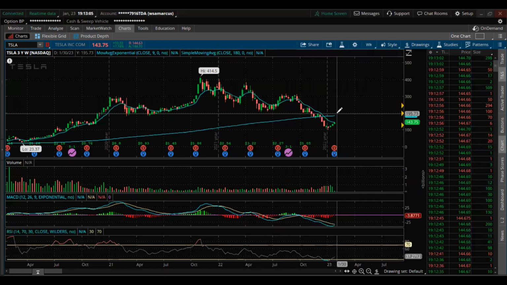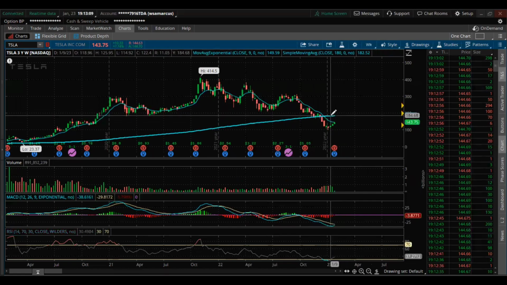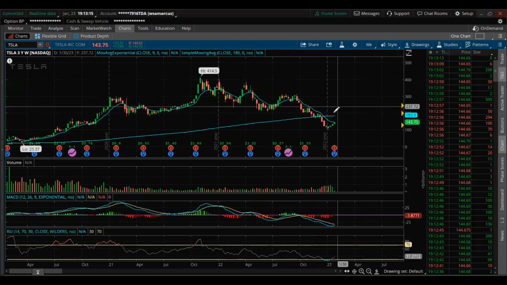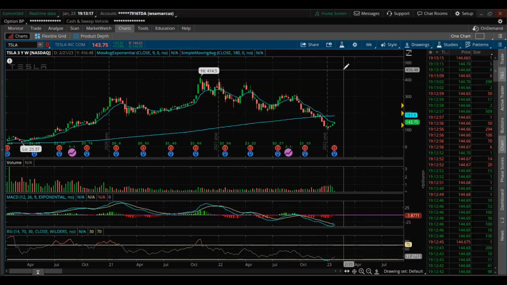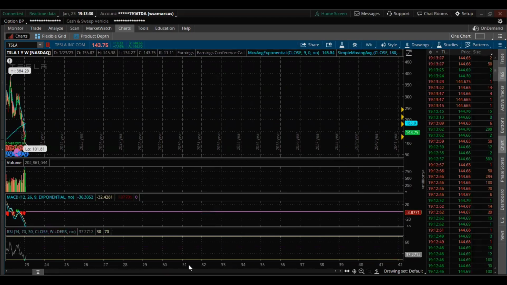Me, I don't know. When I'm trading, I don't like too many walls ahead of me. 148 to that 184, that is a beautiful move right there. You could sell it right there, or you could follow it with a stop loss and hold it for possible new highs, right? So if you're looking for long-term swings, you could look at the 3 year. If you're looking for a little bit more of a short-term swing, you could look at the 1 year, right? I like to look at either the 1 year, 1 week,